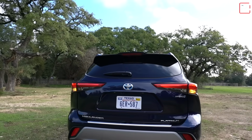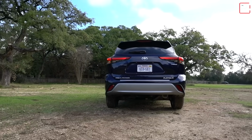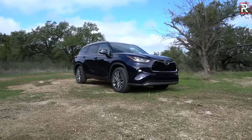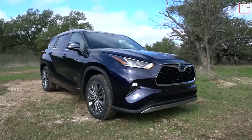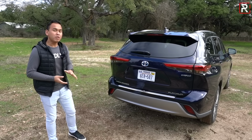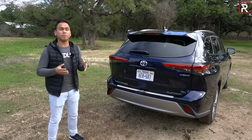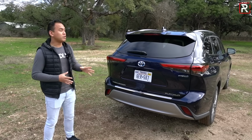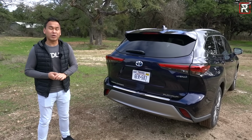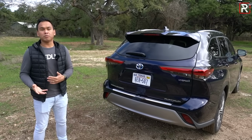A lot of you are going to be attracted by the interior, the high fuel efficiency, the promise of Toyota reliability and build quality. And when this all-new Highlander goes on sale on December 18th, so basically as this video is posting, this car will start at a base price of $34,600 for the base L with front-wheel drive. Now, if you compare this to the 2019 model year, this is about $4,000 more expensive, but that also comes with an asterisk